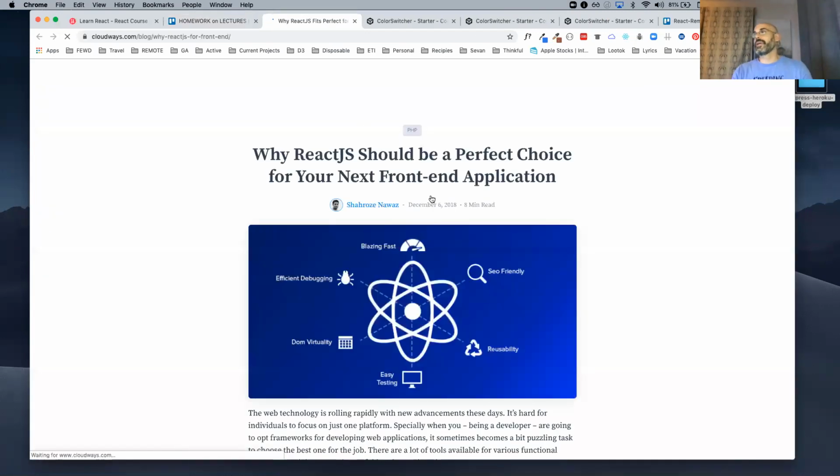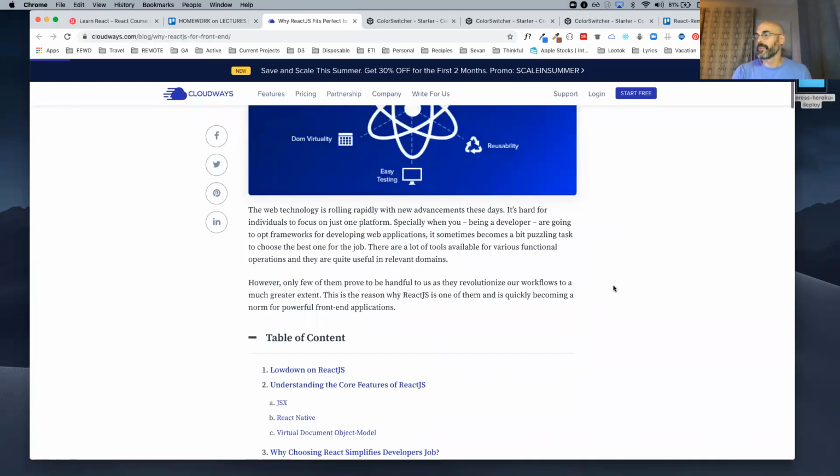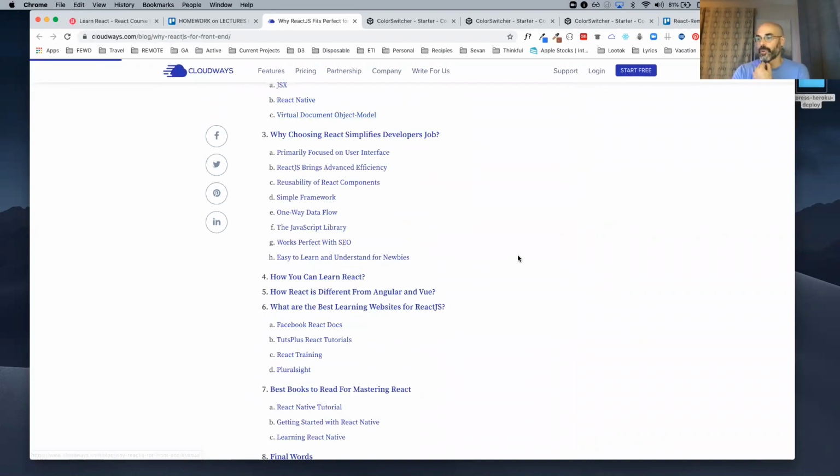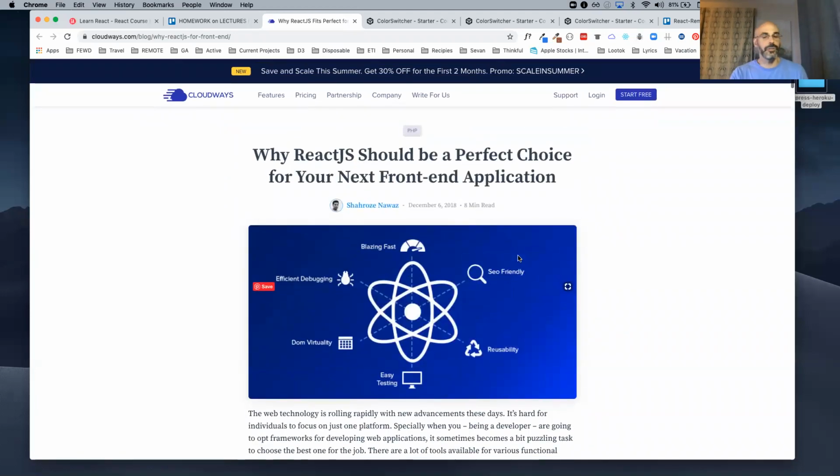And then just to kind of keep you going, I just tagged in an article here on why React should be a perfect choice for your next project, because a lot of you are like, oh, this is where the companies are going. This is what they want me to do. So why is it? Just read it. There is some stuff with React Native, because React Native is also a big thing, right? For mobile. You're building today for mobile first. You're not building out desktop, you're building mobile. More than 50% of user population is doing mobile. So you really have to think that. So you can just read through it. If you have any insights, just let me know.